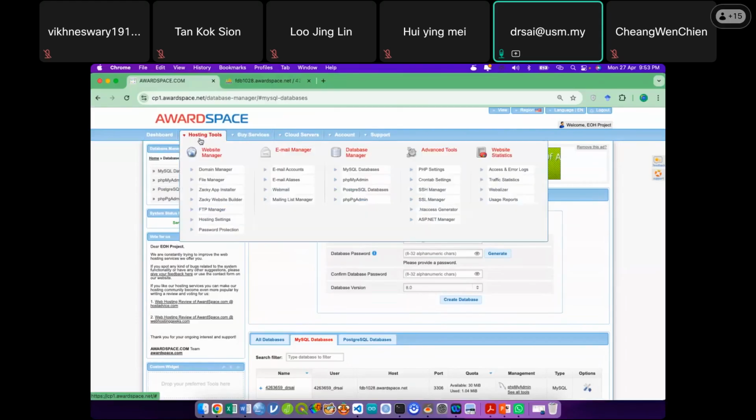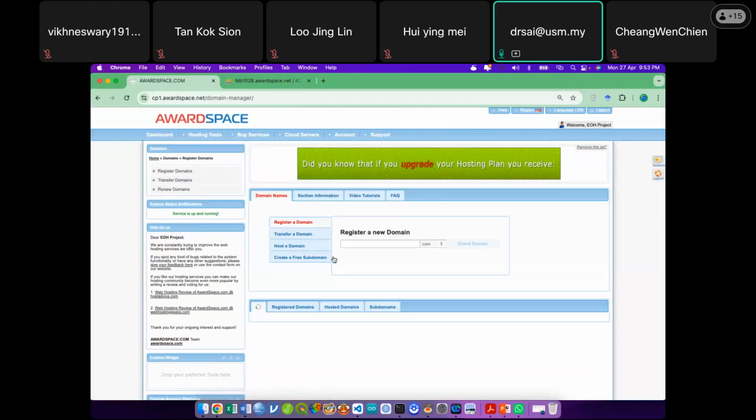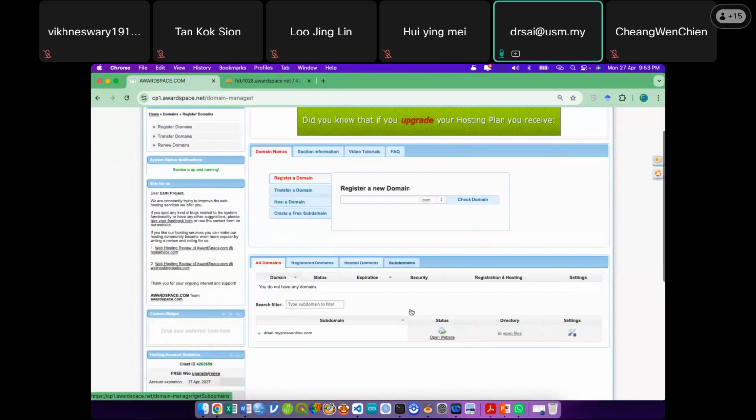You go into the hosting tools. We are going to navigate our cursor into the domain manager. So click on that domain manager. After you click on the domain manager, ladies and gentlemen, you are going to be prompted something like this. Inside the domain manager, you do not have a domain. Therefore, you need to create a free subdomain over here. So just click create a free subdomain and enter your favorite